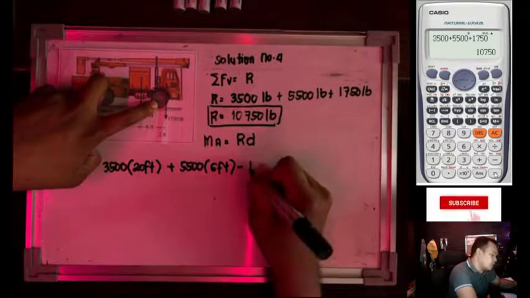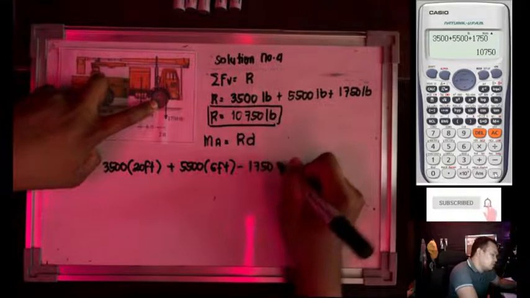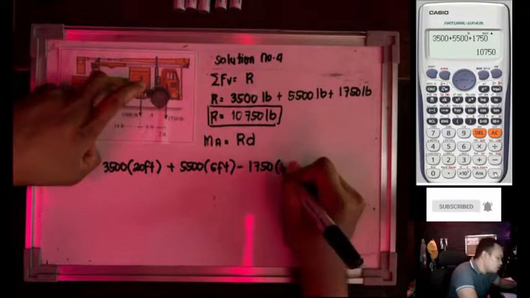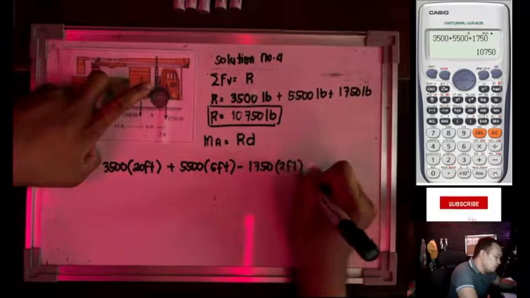So, meron tayo 1,750 multiplied by 2 feet equals